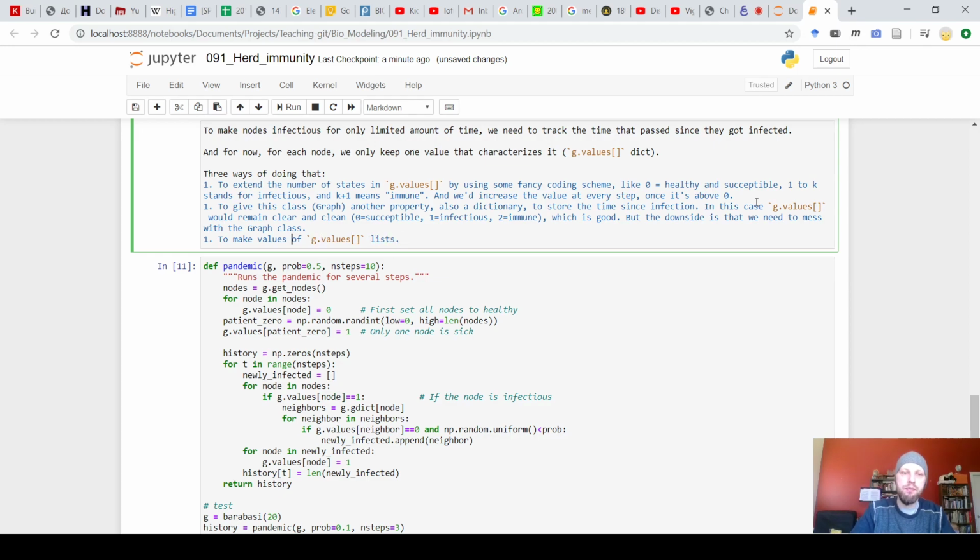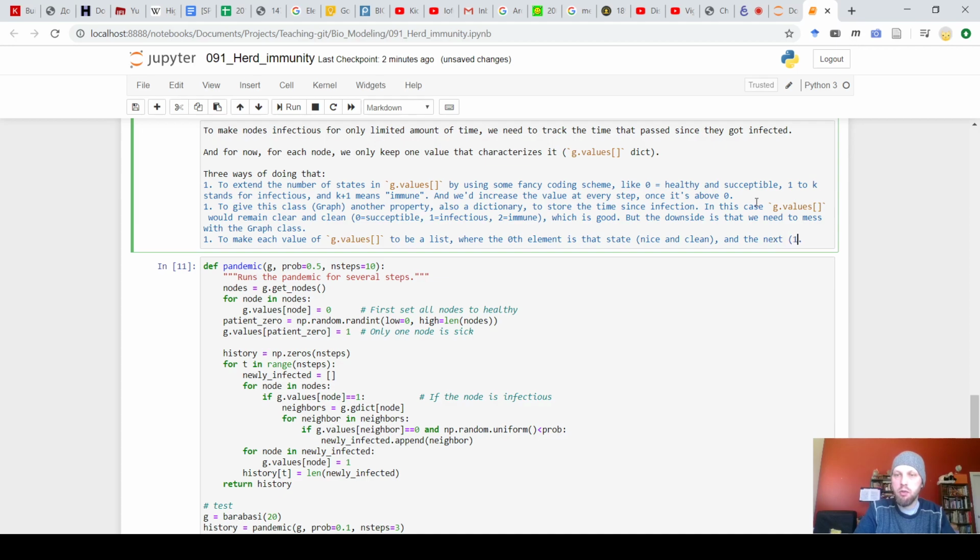So to make each value of G values a list where the 0th element is the state, nice and clean, and